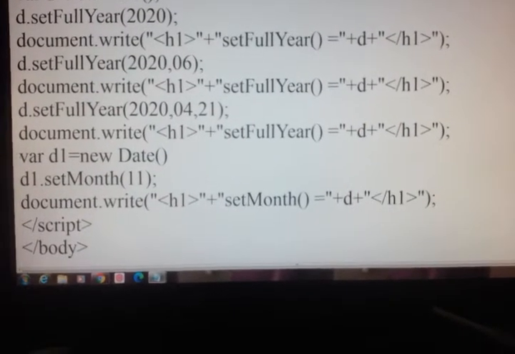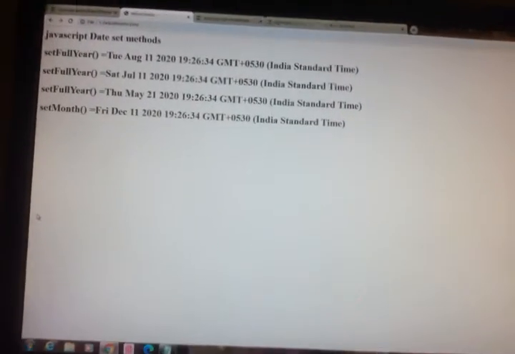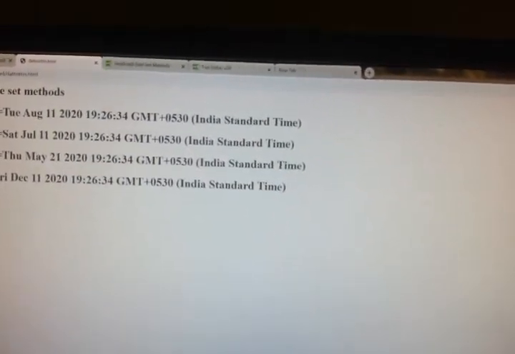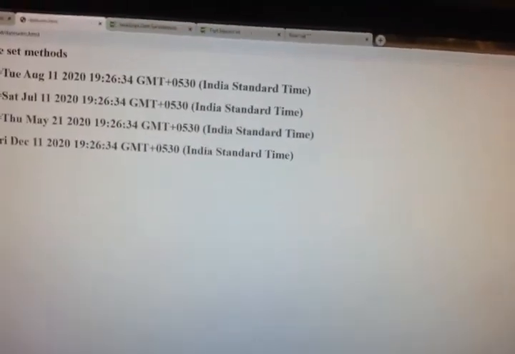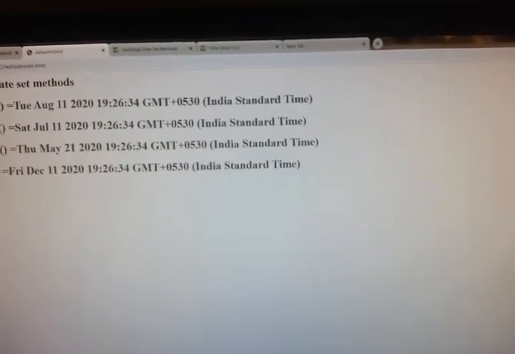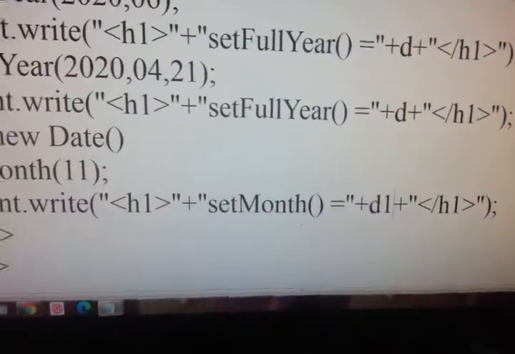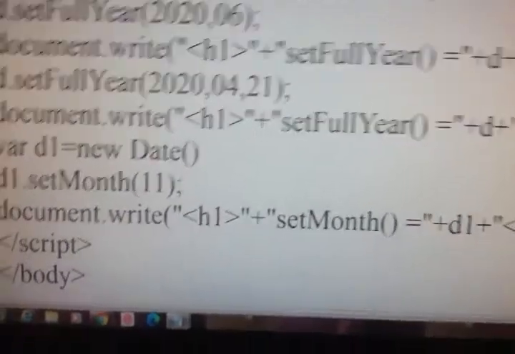Here I have to give d1. Now I will get August. Now I am not getting 21, I am getting 11. 11 I have given, so December I got. Set month 11 means December, and today's date is also 11.